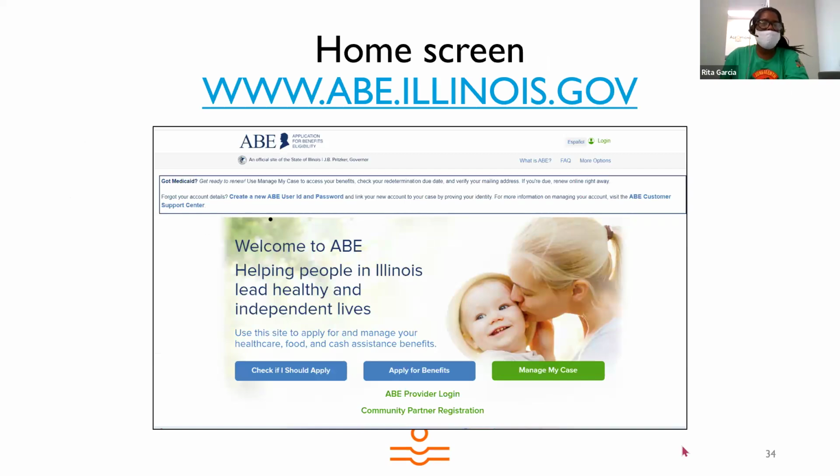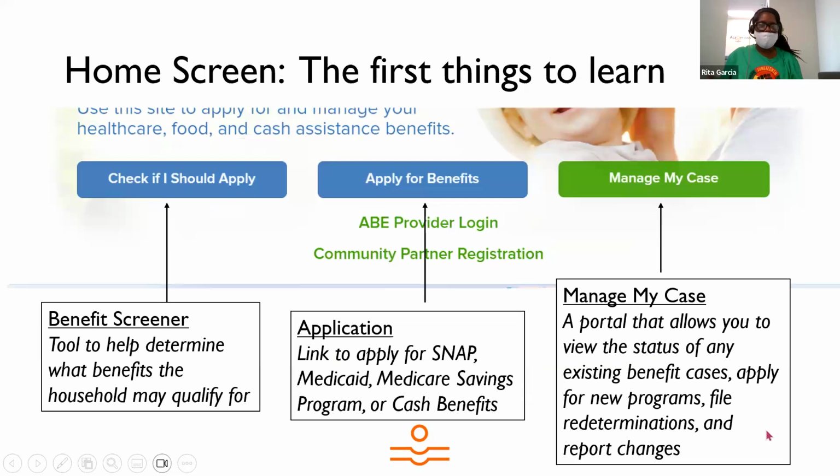So this is the home screen for ABE. This is where you go and apply for benefits. Here under manage my case. So the first thing you're going to learn is check if you should apply. So there's a way to determine if you may be eligible.